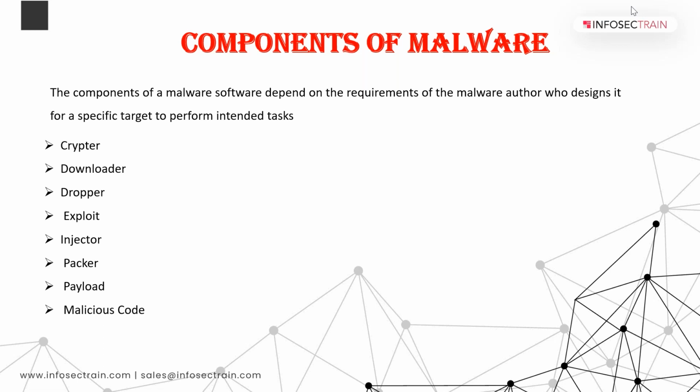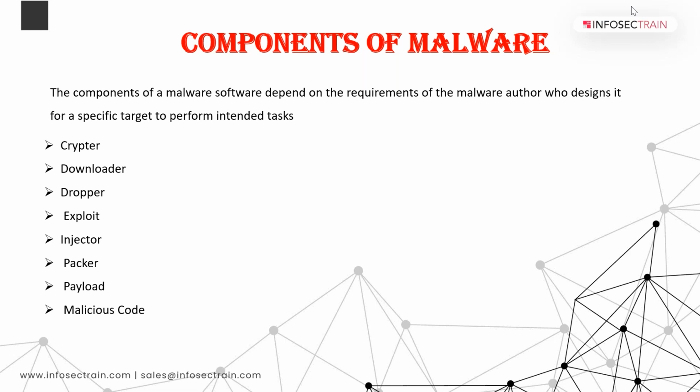And there is a downloader. It is one type of software. So what will it do? It will download other malwares or malicious codes and files from the internet into your system or device. Usually attackers install a downloader when they first gain access to the system. Suppose I am having access to your system. After getting access to your system, I will install a downloader, and through that, the malware.